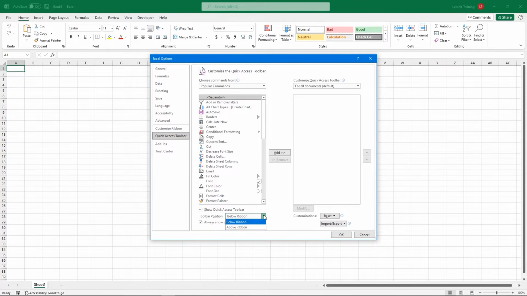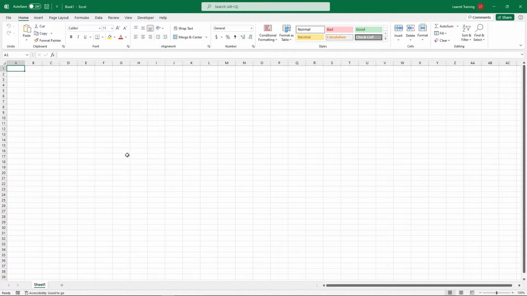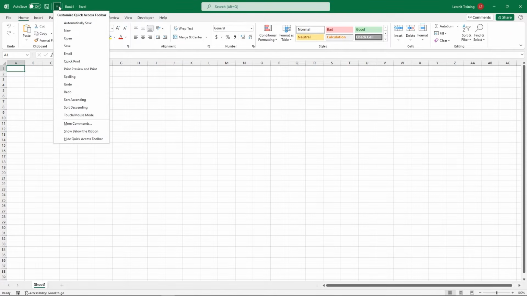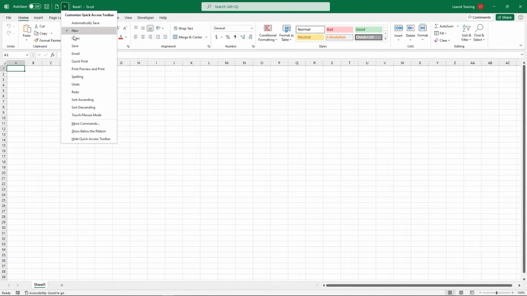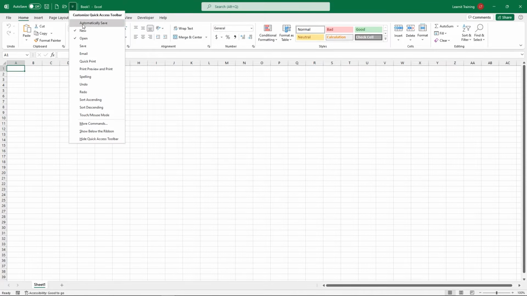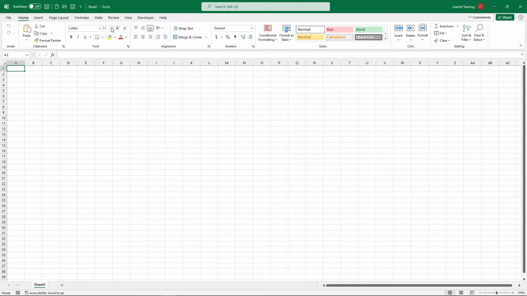And you can choose the position above or below the ribbon. I'm going to put mine above the ribbon and hit OK. So now I have my quick access toolbar options there where I can add them directly to the top where they used to be there. I can also right click and pin some items there from my toolbar and the ribbon in the command groups as well. So if you do enjoy using your quick access toolbar, I highly recommend to just give this video a pause